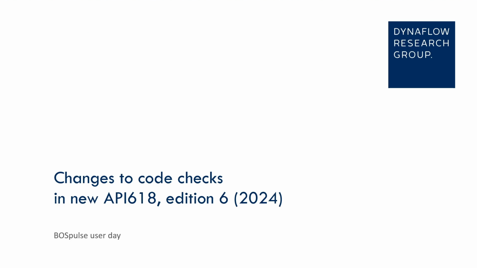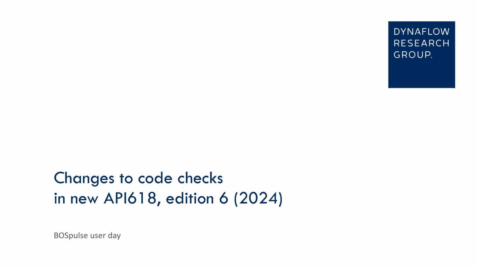Thank you, Mark. In May of this year, 2024, the 6th edition of the API 6.18 was released. And our team has been hard at work to incorporate the changes into this new release of BOSpulse version 5.2. In these next slides, I will show some of the changes that have been made to API 6.18 when it comes to pulsation and vibration criteria. We won't have time to cover all the changes,